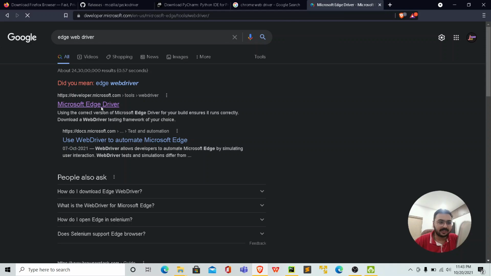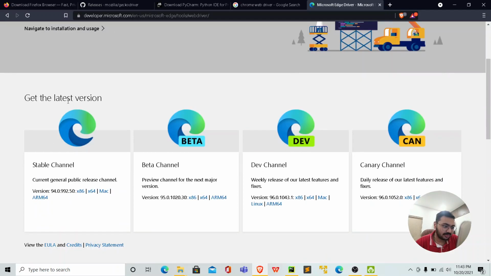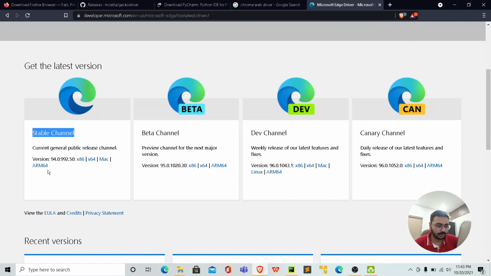When you click on the first link provided over here for Edge driver, it will give you the latest version. This is the latest stable version, and by default, if you have not downloaded the beta, dev or canary channel, then definitely you will be on the stable version. So you can download this WebDriver of this version, and make sure if you are using 64-bit you select x64.